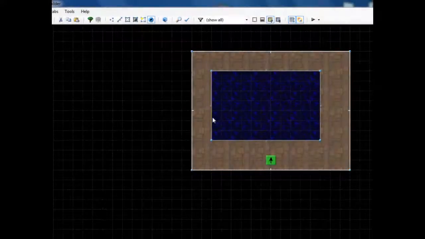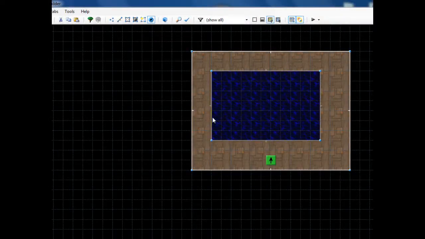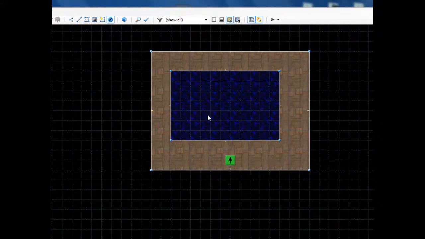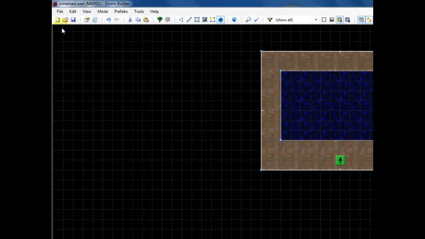Hey guys, this is Chubbs, and today I'm going to show you how to make deep water in Doom Builder 2. So what you'll first need to do, I already have a map up here I'm going to show you how to tinker with, but you'll always want to go to New Map